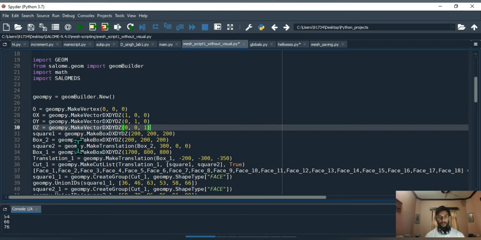So how was that done? Basically that was done by saying jompy.make translation of what? You see over here we were having 3 arguments and now we are having 4 arguments. Why 4 arguments? Because we need to give the first argument as that entity which has to be translated. So we wanted to translate the box 2, which is why we gave box 2, and then along the x direction or y direction or z direction, we wanted to move it in the x direction by